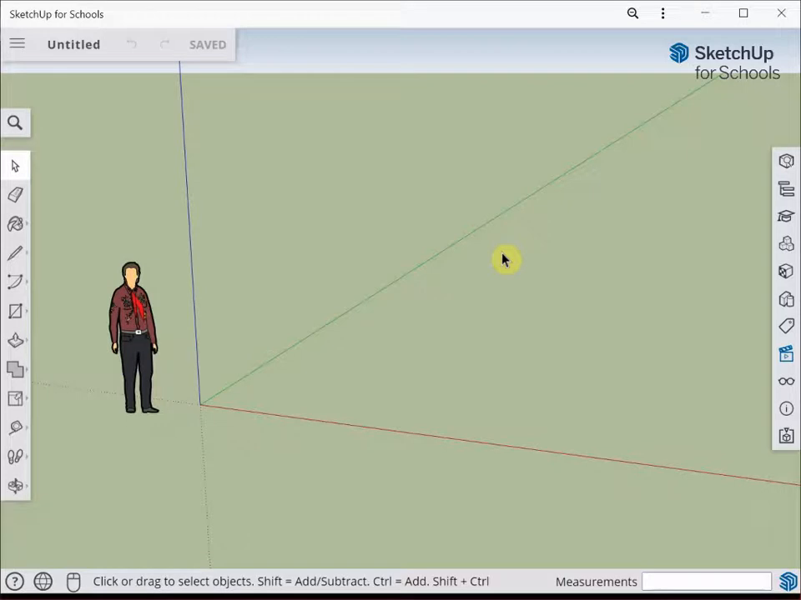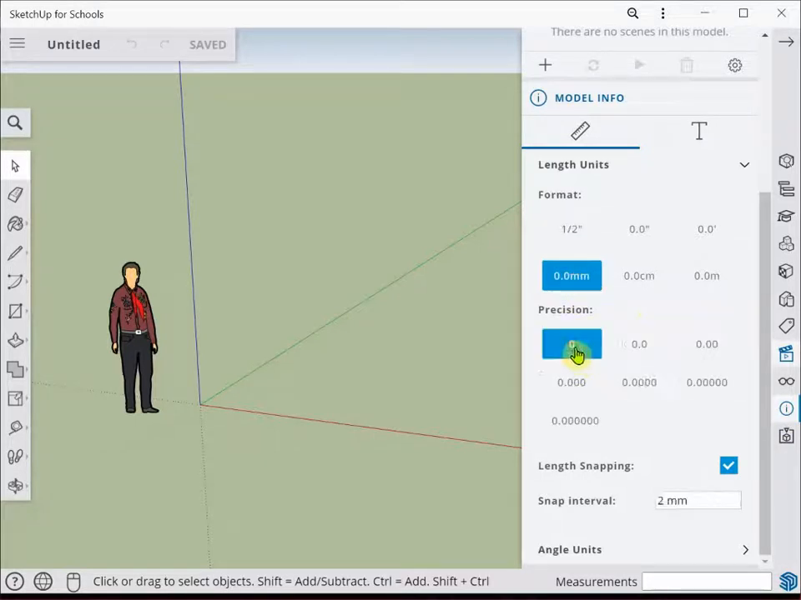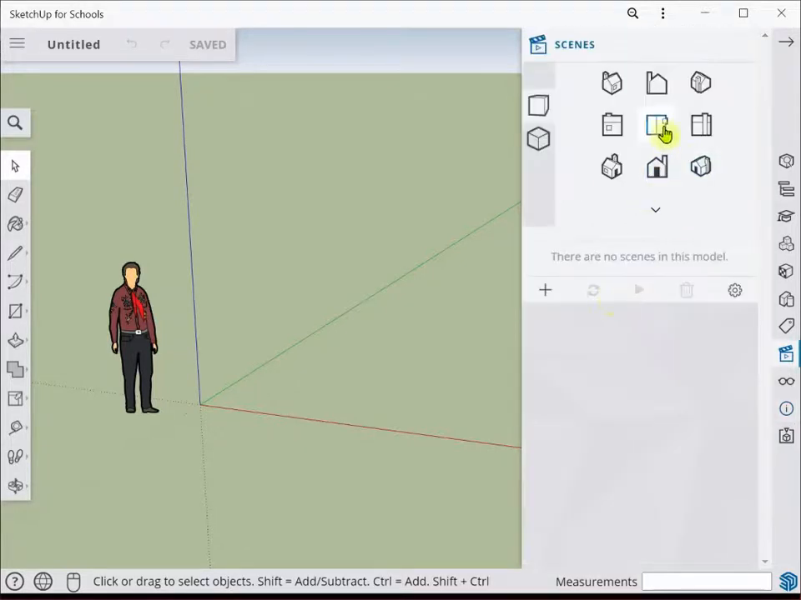So let's begin the drawing by first of all checking what our units are. I'm going to be working in millimeters and to the nearest whole number, so they're the selections I've made. I'd like my snap interval to be to the nearest millimeter as well. The next thing we'll do